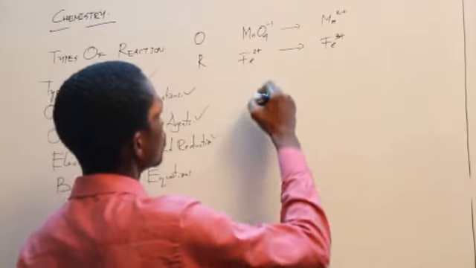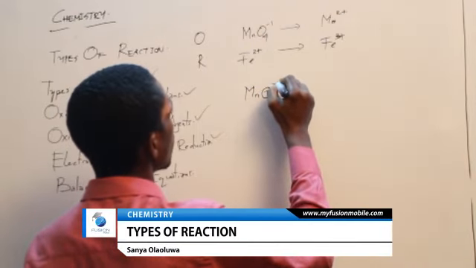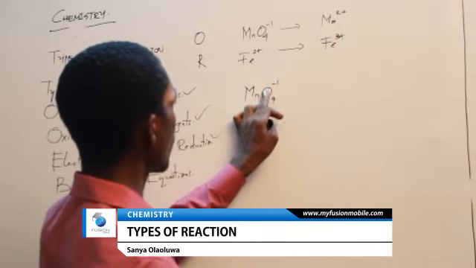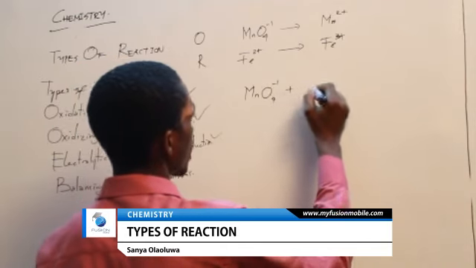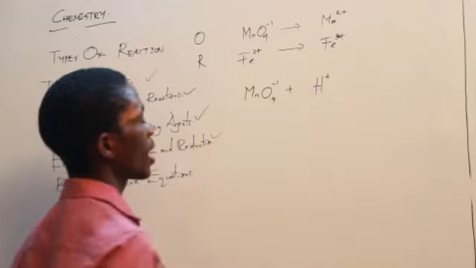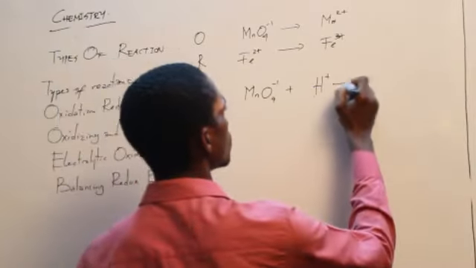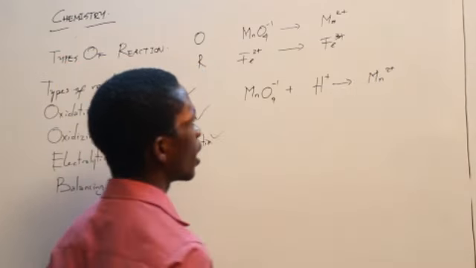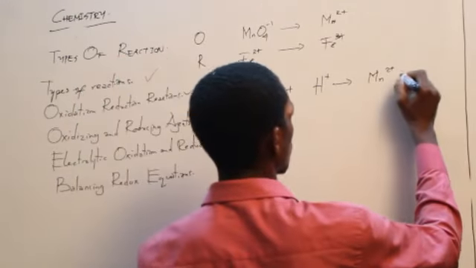Let's take the oxidation part first. So we have our manganese minus and this. We know that this manganese, of course, needs to be balanced for the equation to actually occur. So we react it with hydrogen. Of course, it is a reduction. We react it with hydrogen, and we know that when this reaction occurs, it will lead to the production of manganese 2. Of course, this oxygen would want to create water, so we have a plus